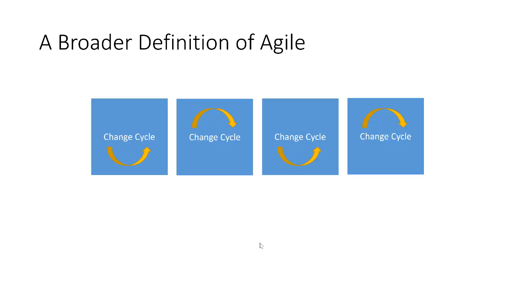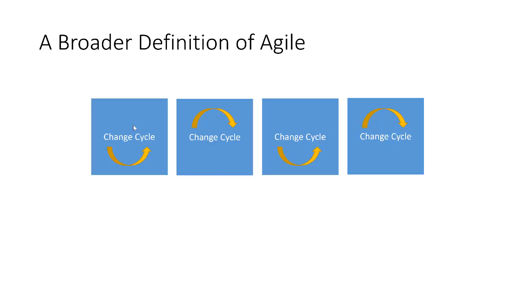So we talked about being able to change as fast or faster than the changes that are happening in your context. This is something that I like to call innovation cycles. You need to understand what the innovation cycle is within your industry. If the innovation or change cycle is this blue square, horizontally, that's time, right? And each one of these blocks is a change cycle or an innovation cycle. Then this is the speed of change in your organization or in your context.